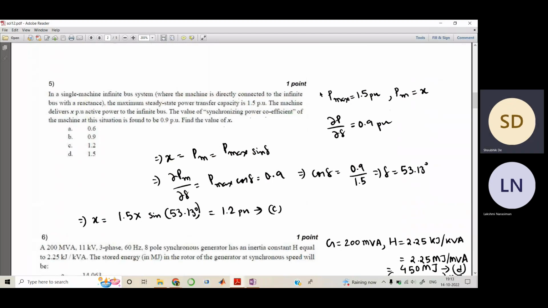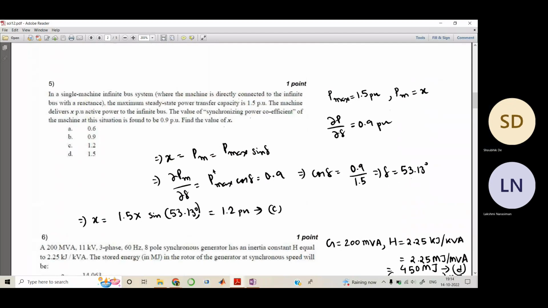We are given this information: P max, the maximum steady state power which can be transferred, is 1.5 per unit. X is the power which is being transferred to the infinite bus. The synchronizing power coefficient is dP/dδ, which is 0.9 per unit. Now we know this expression: X is equal to P max into sine delta. When we differentiate this, we get the cos delta term, which is 0.9. Now you know P max, which is 1.5, and hence